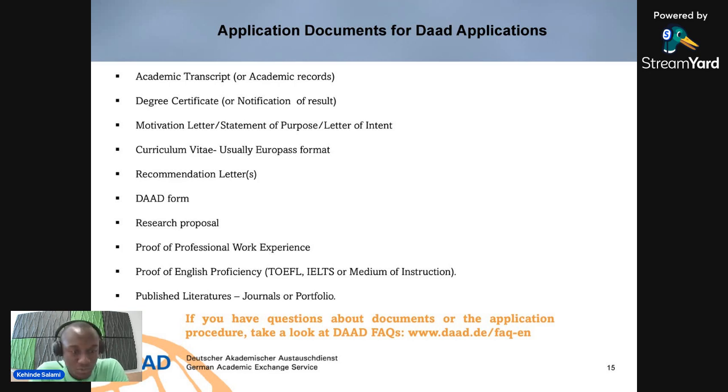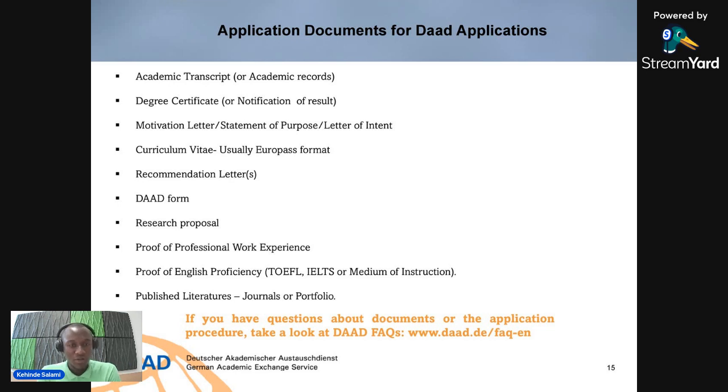And yes, some will also ask you to submit proof of English proficiency, but most of them will not ask you to submit TOEFL or IELTS. Because you're from Nigeria, your medium of instruction in your university is definitely the English language. So many of them might not ask you to submit a TOEFL or IELTS. But one thing I always advise is, please try to do it if you have the means, because it allows you to apply for so many scholarships, and definitely you can benefit from that.